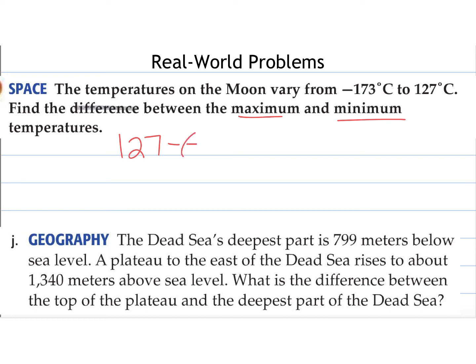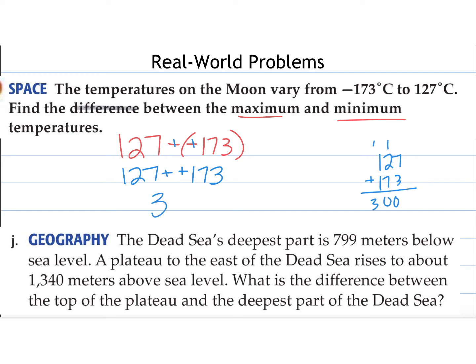So really, now what we're going to do using our integer rules, we have a minus negative, chop chop, keep the first number the same, change from subtraction to addition, change the sign of the second number, so it was negative 173, and so now we're going to change that to a positive 173. Add these together. I'm going to just do some addition over here on the side. So the difference between them is 300 degrees